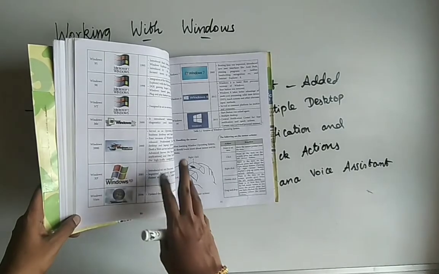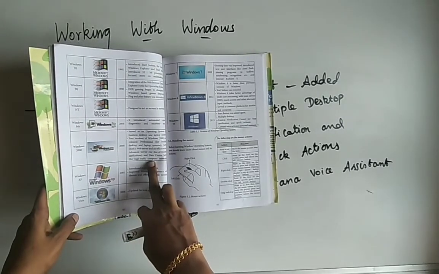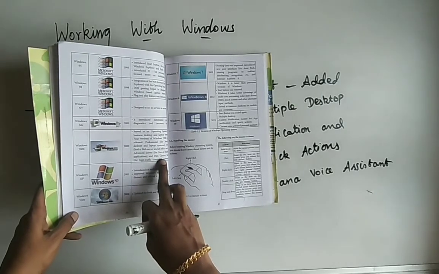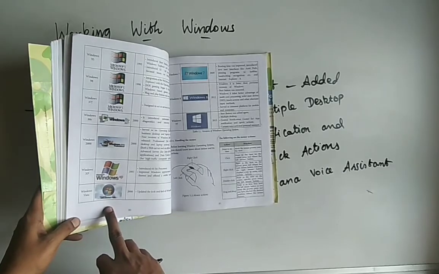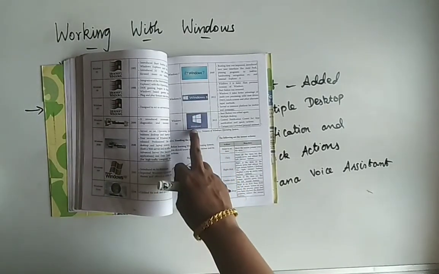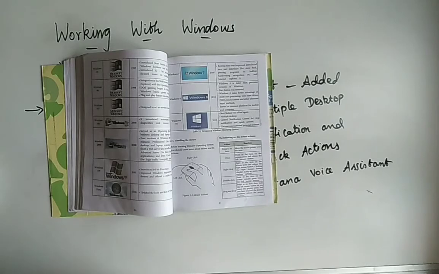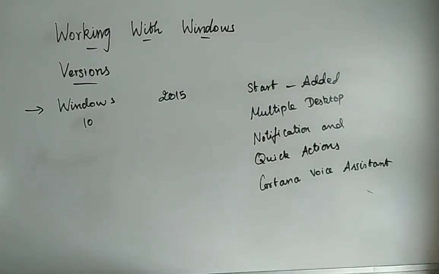Here you will have 4 versions. Able to remember? That is Professional. The next one is Server, Advanced Server. The next one is Data Center Server. The next is the logo for Windows XP. This is Microsoft Windows Vista. And here you have Windows 7. The next one is Windows 8. And the next one is Windows 10. So these are the various versions of the Windows operating system, along with the year introduced, the logo, and the features we have discussed. Are you clear with the topic, the versions we have discussed by now?